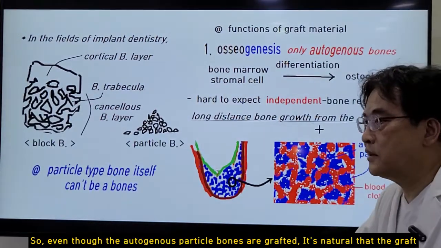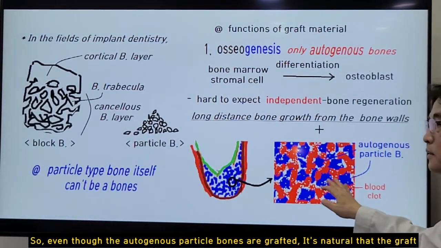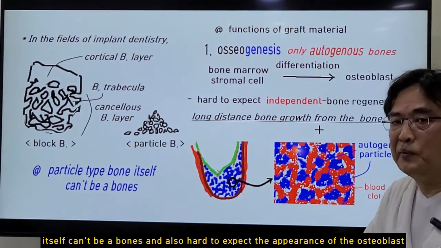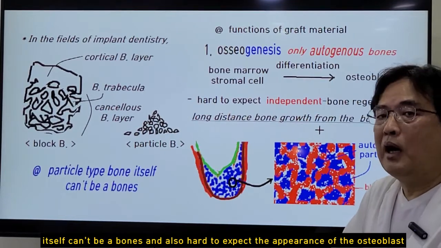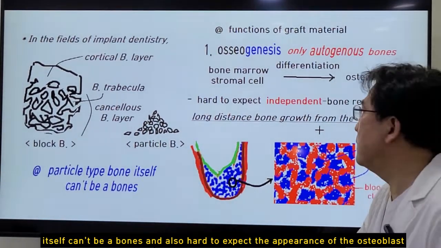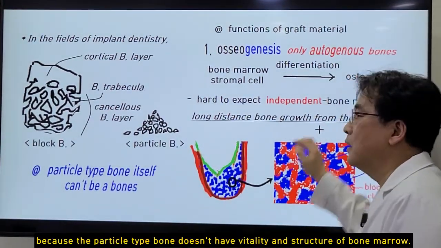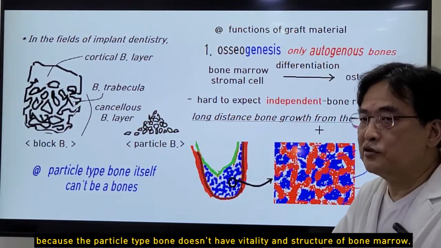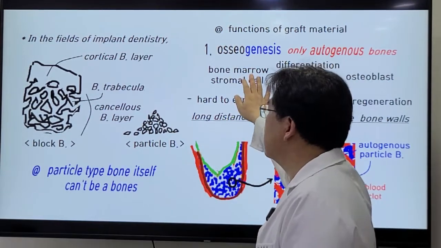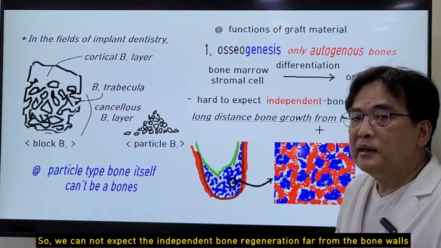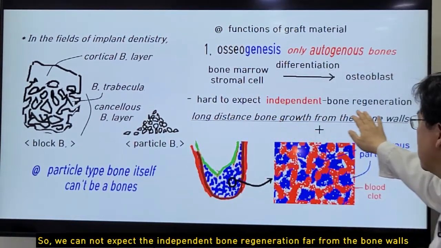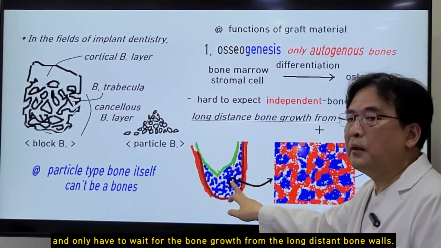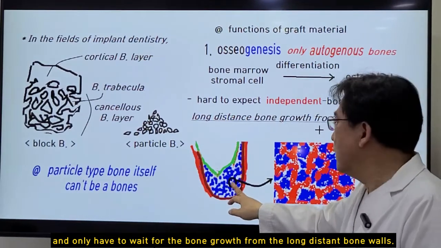So even though autogenous particle bones are grafted, the grafted material itself cannot be bone, and it's also hard to expect the appearance of osteoblasts, because particle-type bone doesn't have the vitality and structure of bone marrow. So we cannot expect independent bone regeneration far from the bone walls and only have to wait for bone growth from the